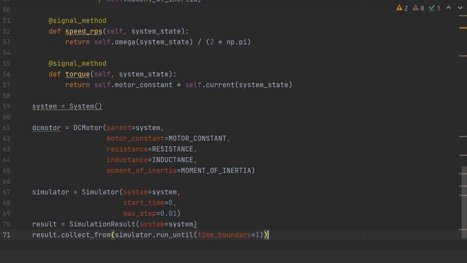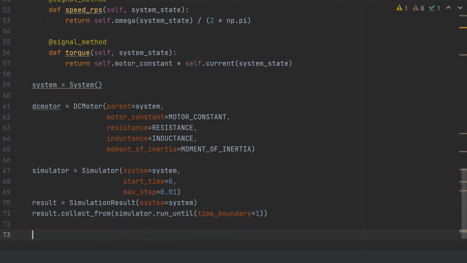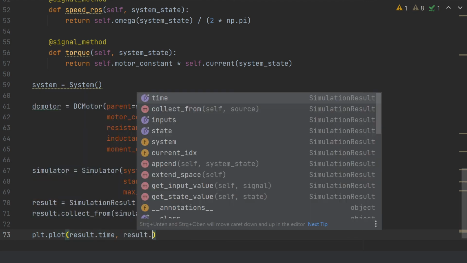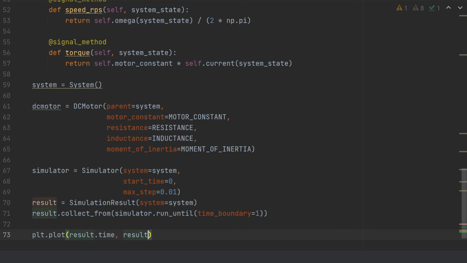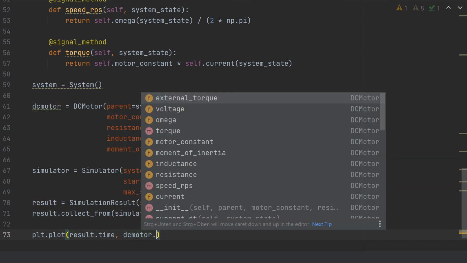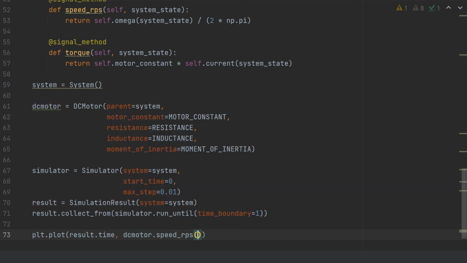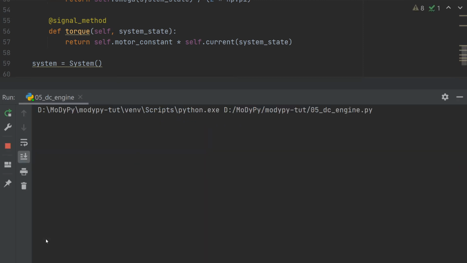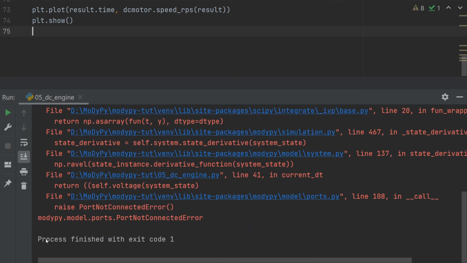And we will have it run just for 1 second. And then we will plot this. We will plot the speed in revolutions per second over time. And now if we run this, we get an exception,